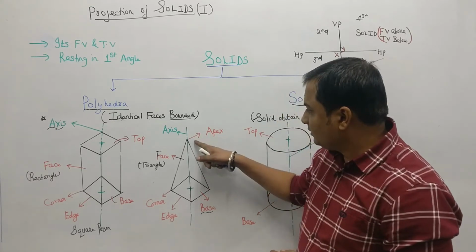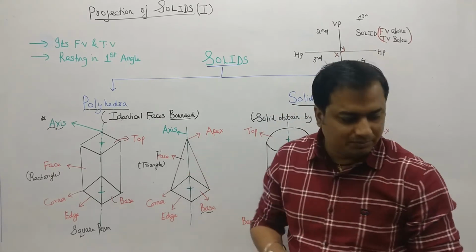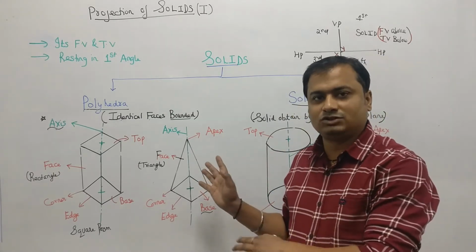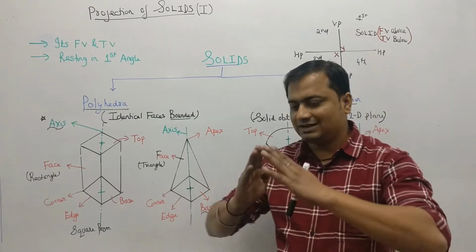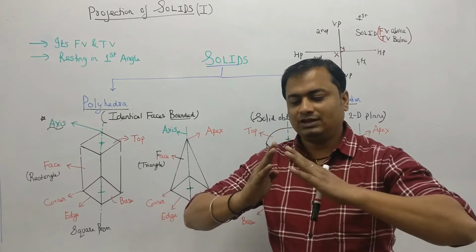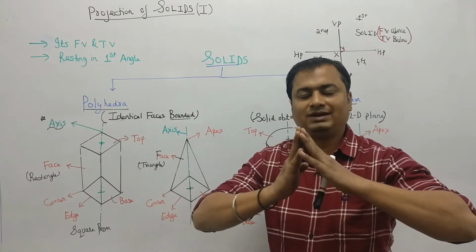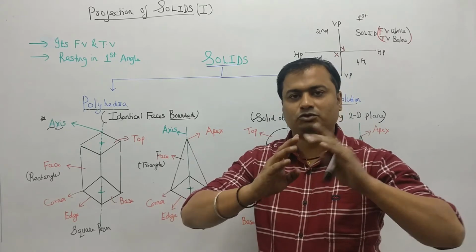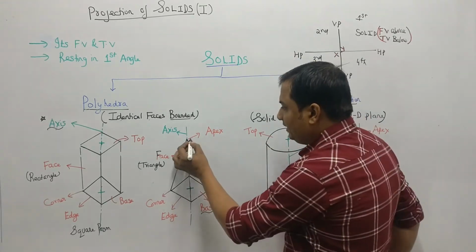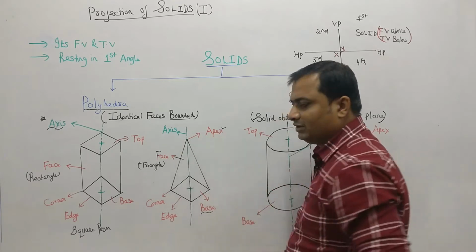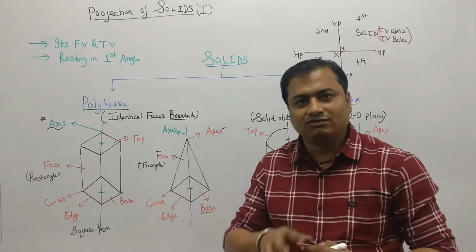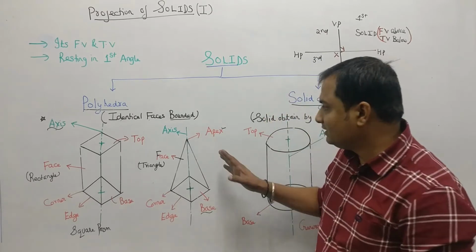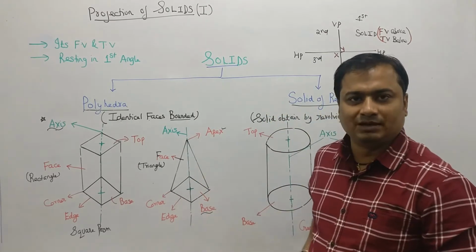Now what is the top? What is the top structure of a pyramid? There will not be any top structure, but all the faces are slanted, so they are going to intersect at some point. In case of a pyramid, all the faces are going to meet at one point. That point is called the apex, or the vertex of the pyramid. Okay. So this is the basic difference between the prism and the pyramid.